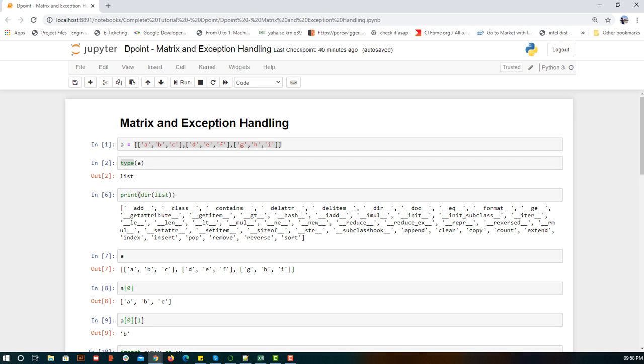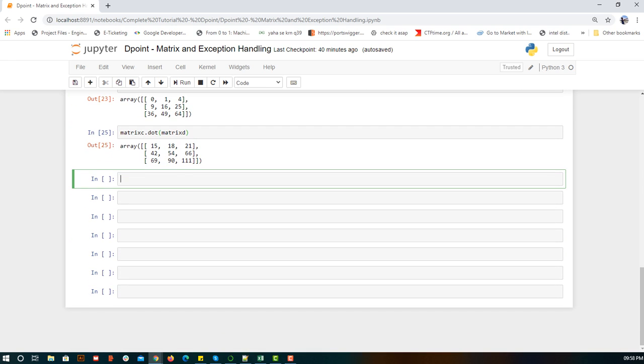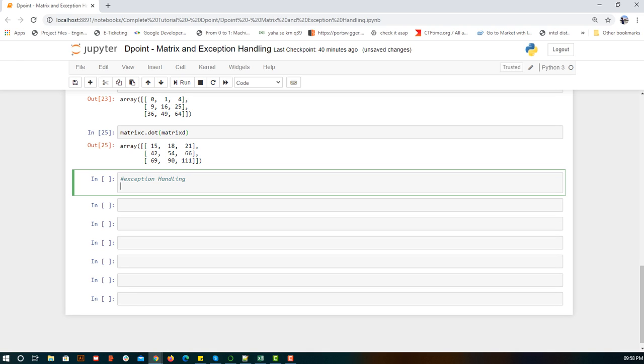So that was about matrix, and now we'll spend 5 more minutes on exception handling, and then we'll wrap it up. So exception handling, right? Here what we see is, we write some random logic, and that random logic might give an error, or it might give an exception. So if you need to understand exception handling, first you need to know the difference between error and exception. Error is something which we might get during runtime, and which can be handled by our normal business logic.